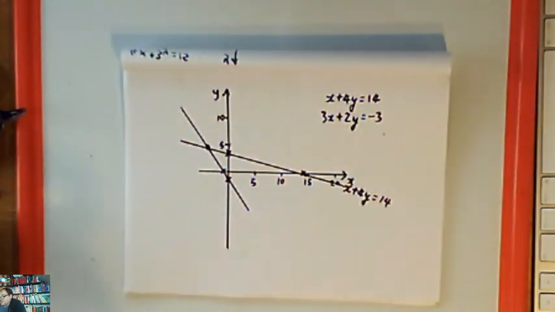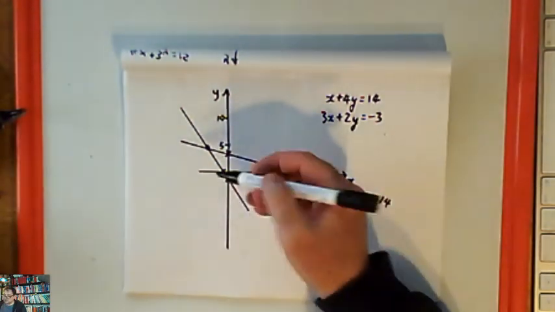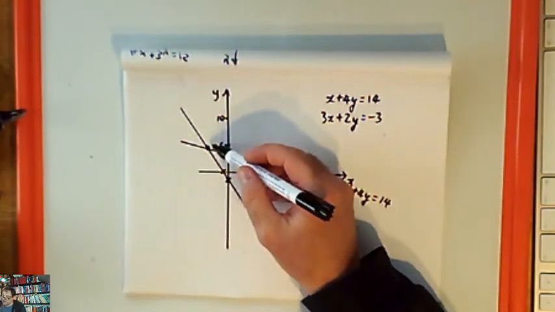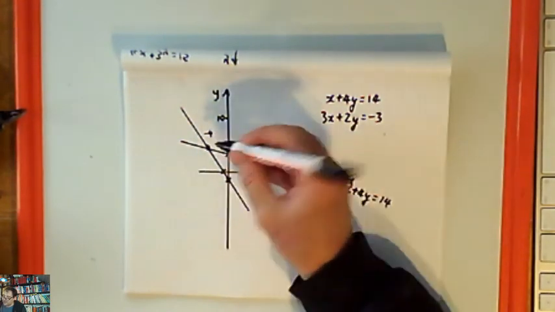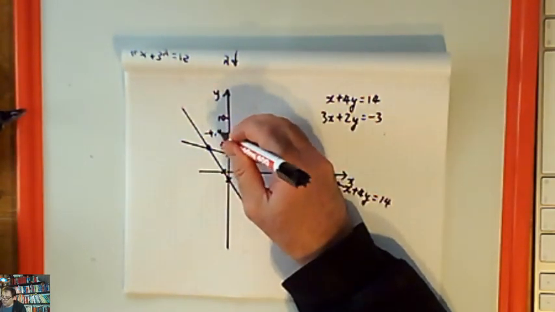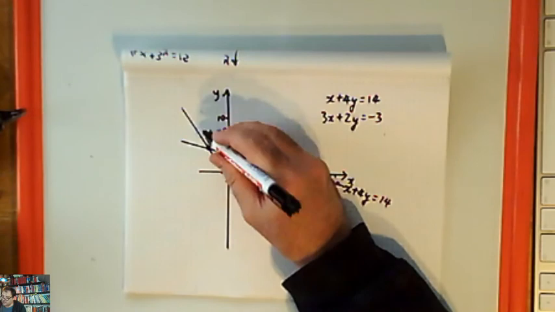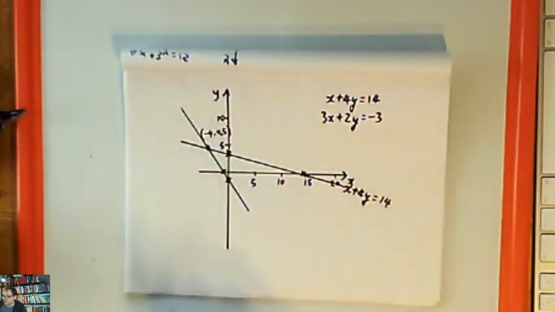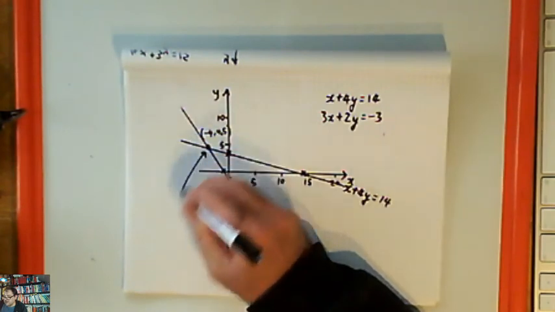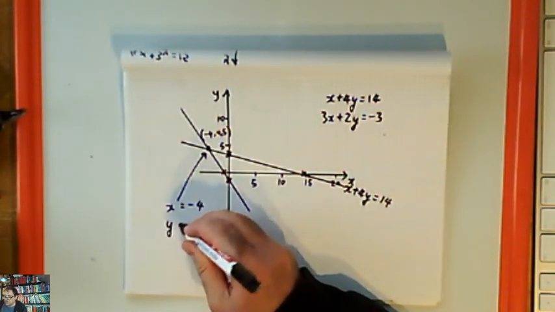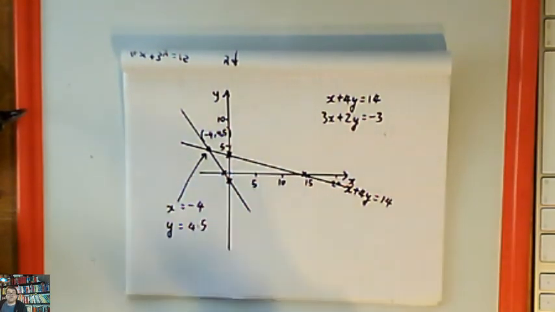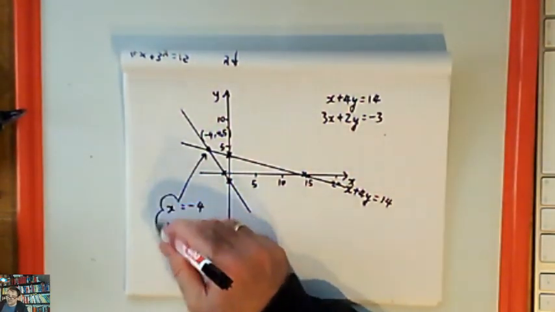So it appears to meet at the point minus 4, 4.5. So minus 4 back horizontally and 4.5 because it's 4.5 up vertically. So it looks like where our graphs meet, x equals minus 4, y equals 4.5